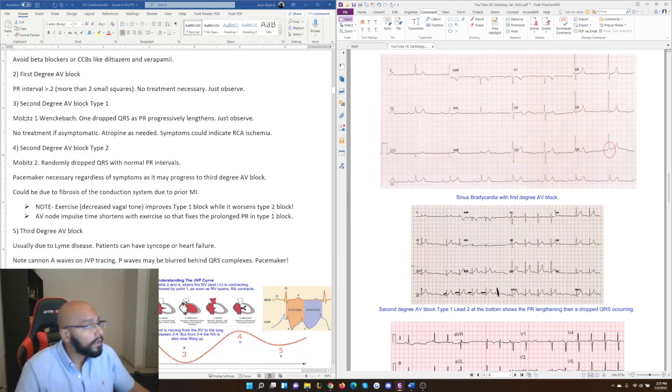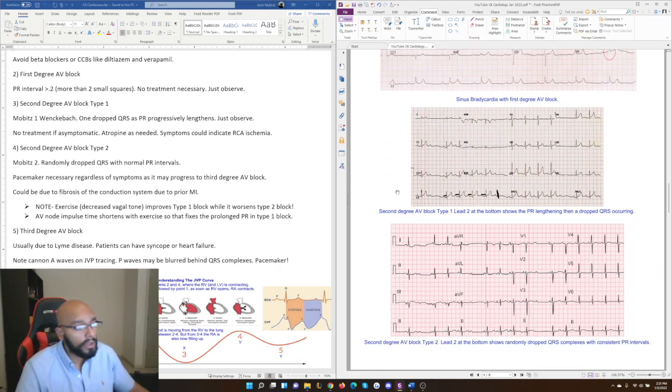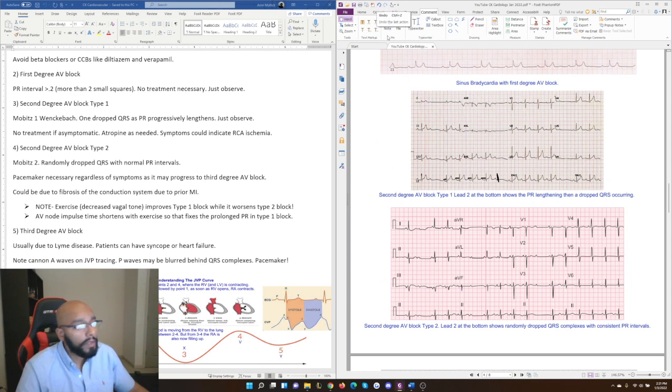The more significant thing you do need to identify are the second degree AV blocks, right? Type 1 and type 2. There's a Mobitz 1 Wenckebach. That's the second degree AV block type 1. And then there's Mobitz 2. Now, if you've ever been confused about identifying the difference between the two, then this should help make it more